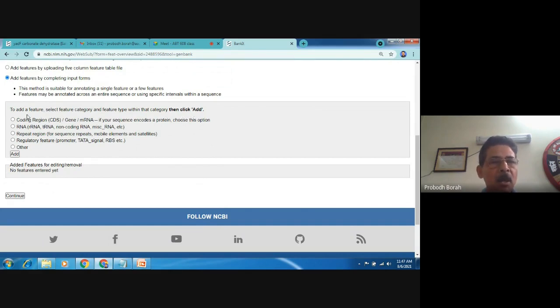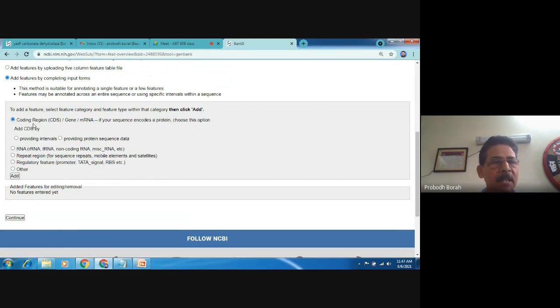First of all, it is asking coding region, gene or messenger RNA. If your sequence encodes a protein, choose this option. We know that ours is a coding sequence. It is a gene sequence, so we'll click coding region. Now it is asking to add CDS by providing intervals or by providing protein sequence data.